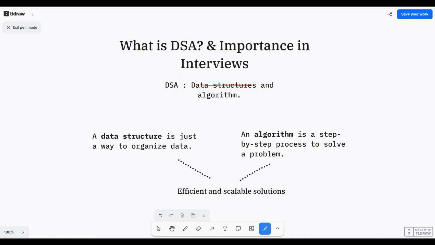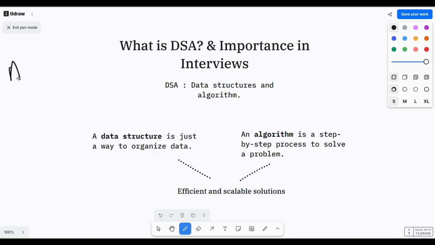DSA stands for Data Structures and Algorithms. These are the tools and techniques we use to store data and solve problems efficiently using code. So let us see what data structure stands for. A data structure is nothing but a way to organize your data. Data structures include